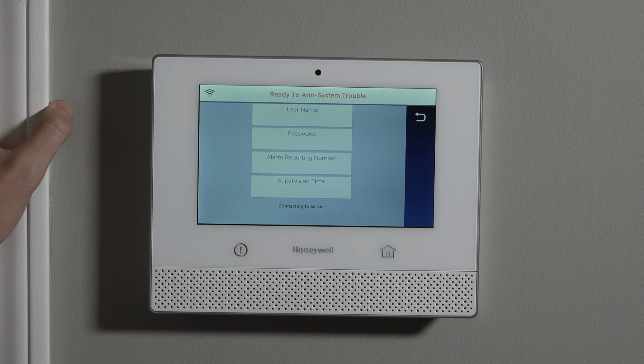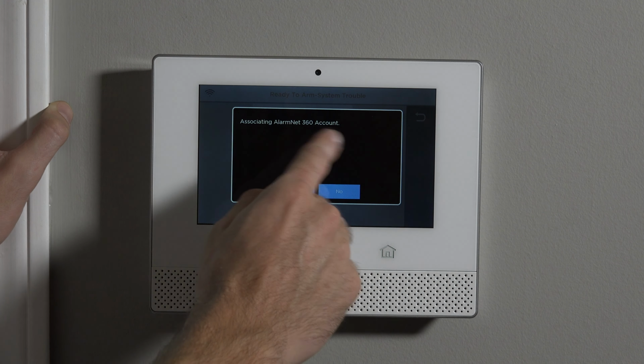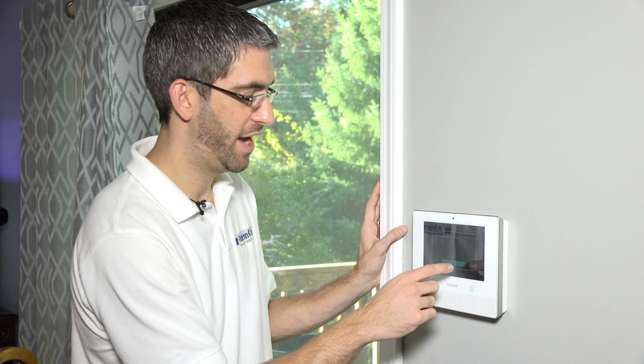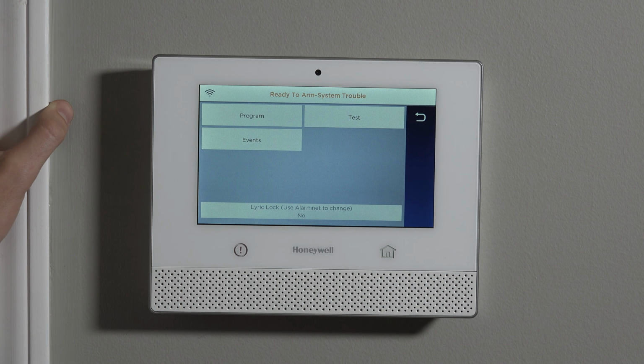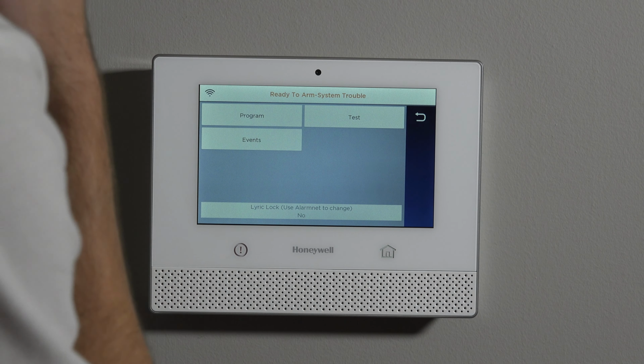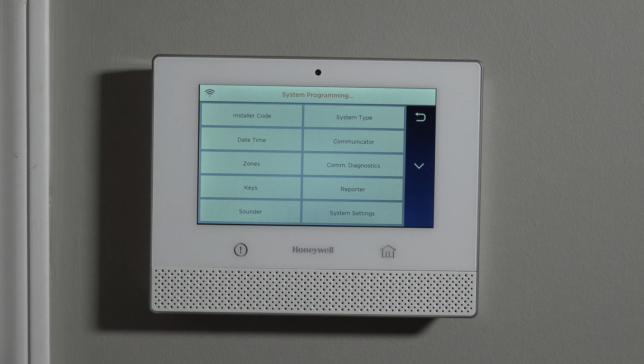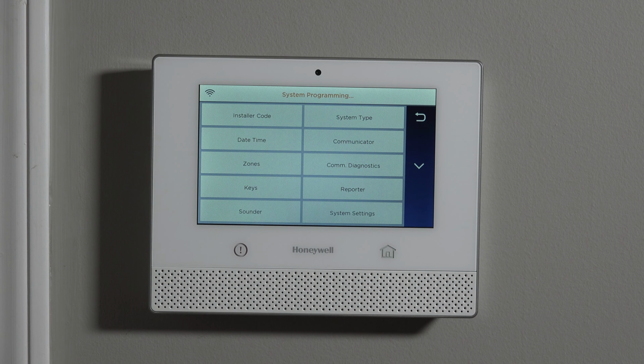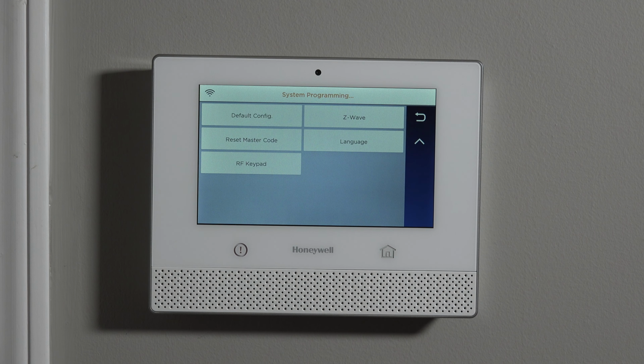So we're going to see this asking us if we want to join to AlarmNet 360 or associate it. That would be if you were going through a monitoring provider, which in the end this system will. But for now, we're just going to ignore that prompt. When we hit Program, if we hit the down arrow, which is off to the right here, you can see